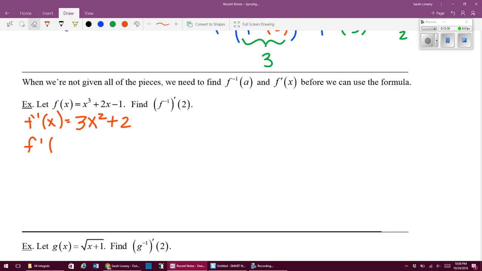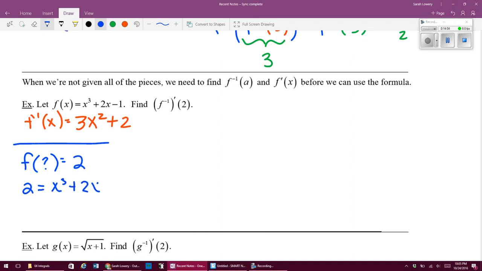I got ahead of myself, guys. I'm sorry. Okay? Now, in order to answer this question, I need to know what is my function value that gives me 2? What is my function value that gives me 2? My original function value. So if I set my original function equal to 2,